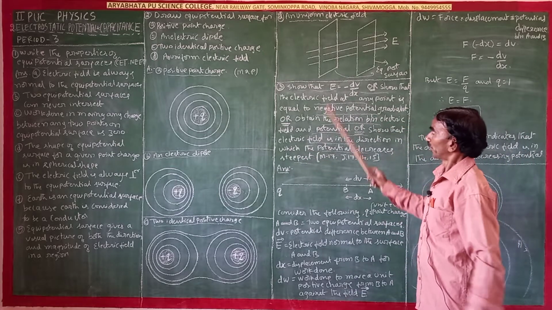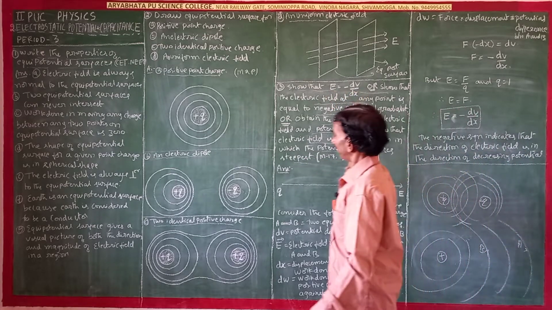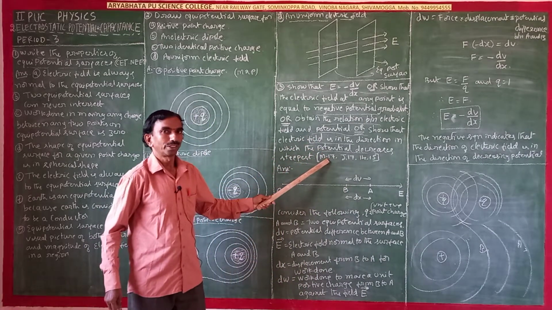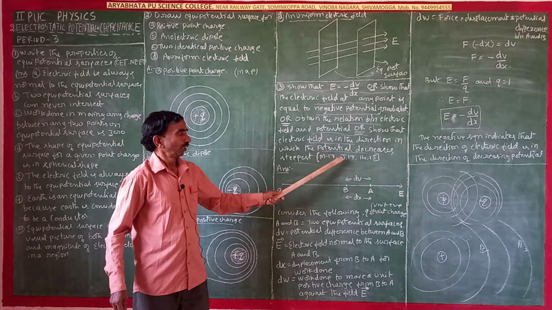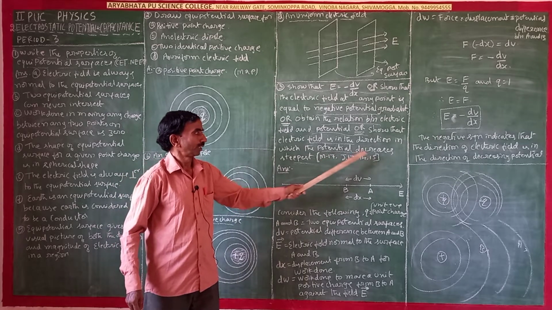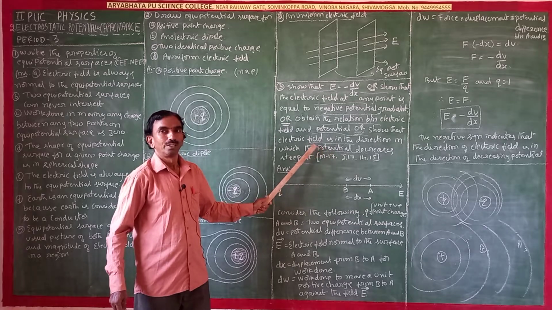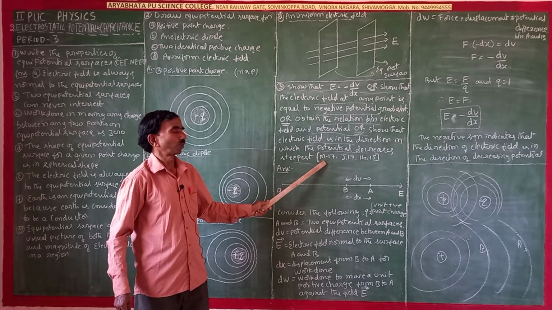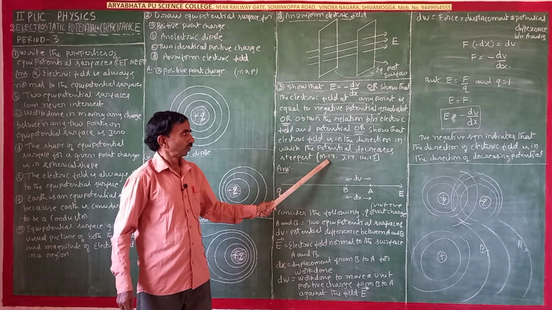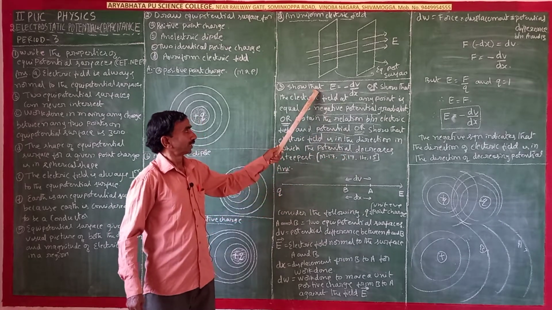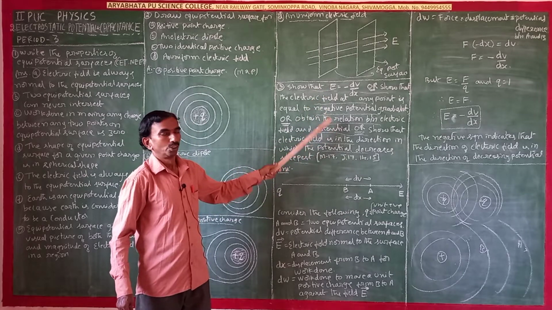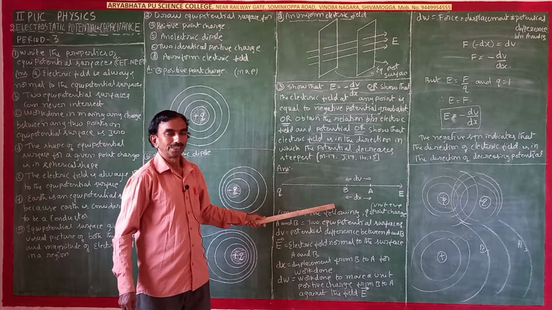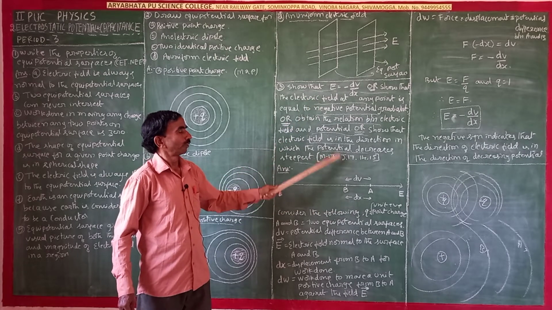Next, show that E is equal to minus dV by dx. Next is a derivation, a very important derivation. This derivation was repeated in March 17, July 17, 14 and 15. Especially this is a July question, but it may be asked in March also. It is a very, very important question. Every year the question is twisted in four types for the same answer. But you have to remember it.